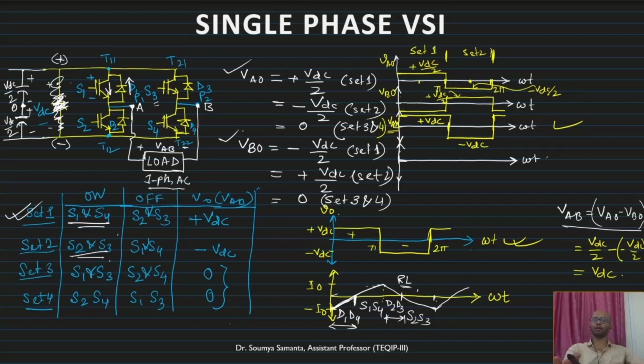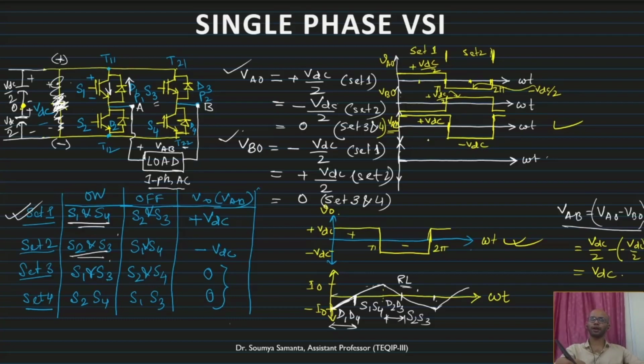Just for analytical purpose, we are taking one midpoint, the DC bias voltage midpoint. This is for analytical purpose. So this will help us later on. That's why I am doing it. For three-phase voltage analysis, whenever we are going to explain the construction of the three-phase inverter VSI, then this will help us.